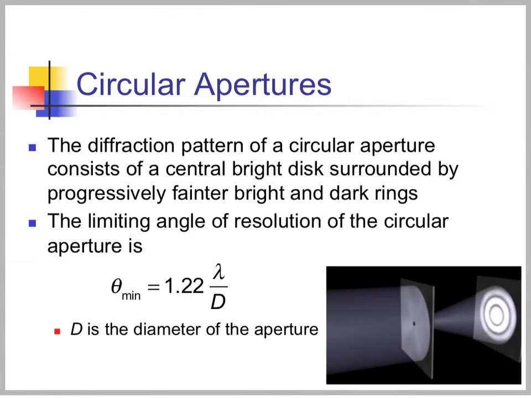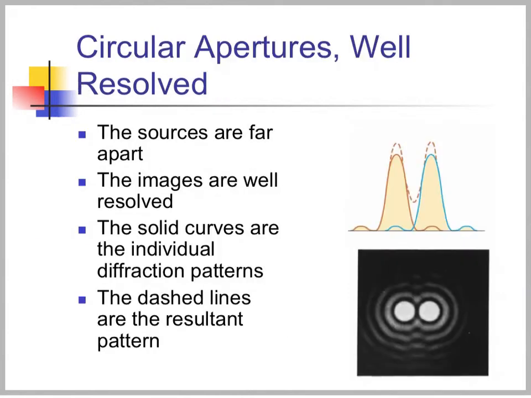The diffraction pattern of a circular aperture is going to consist of a central bright disk surrounded by progressively fainter bright and dark rings. The limiting angle of resolution for a circular aperture, theta minimum, is 1.22 lambda over d, where d is the diameter of the aperture. So for example, if I'm looking at something under a microscope or through a telescope,